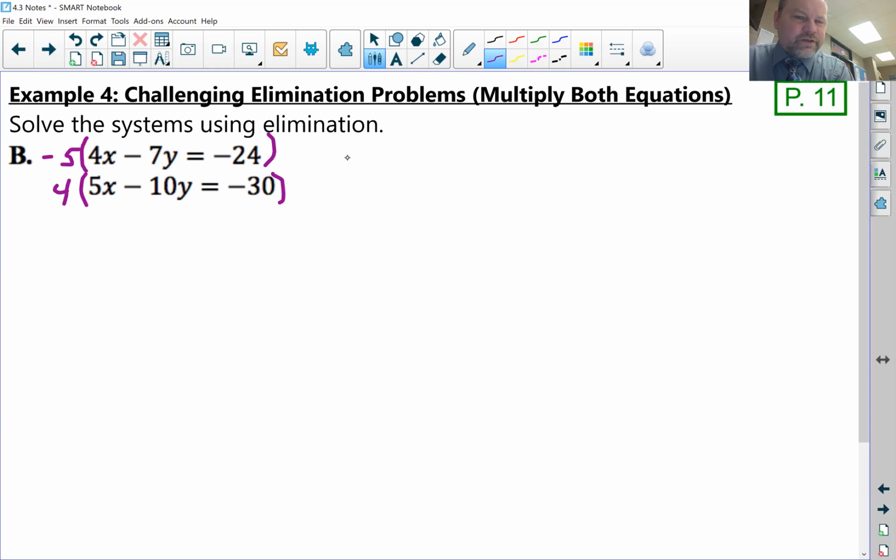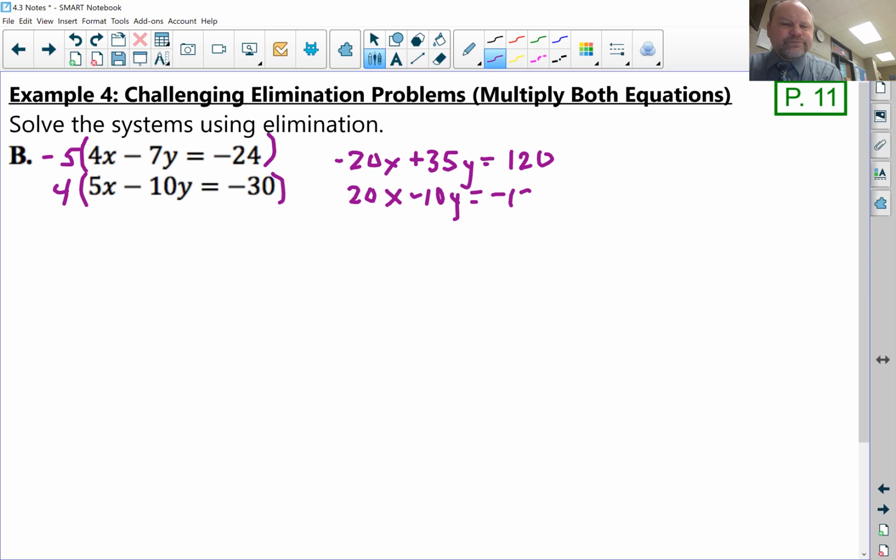So if I multiply everything in the top equation by negative 5, I would get negative 20x plus 35y equals 120. And the bottom one by 4, I would get 20x minus 10y equals negative 120. Add. Then